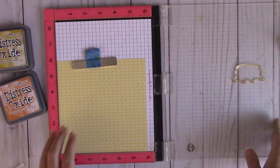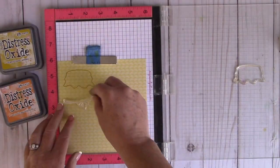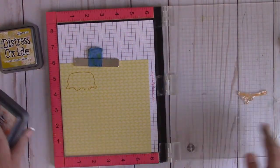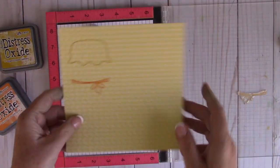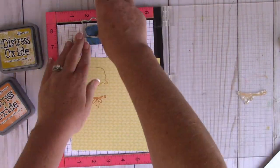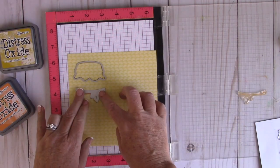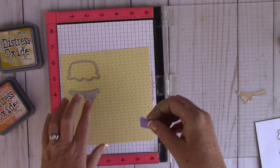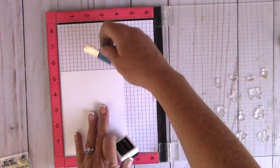Now I've grabbed a piece of pattern paper, and I'm going to stamp with some Distress Oxide inks. I'm going to stamp the mason jar cover and the little string ties. And I'm going to stamp the cover in Fossilized Amber and the string ties in Spiced Marmalade. I'm using the coordinating dies, and I'm going to line them up over my stamped images. And then I'm just going to temporarily tape them down with some Therm purple tape and run them through my